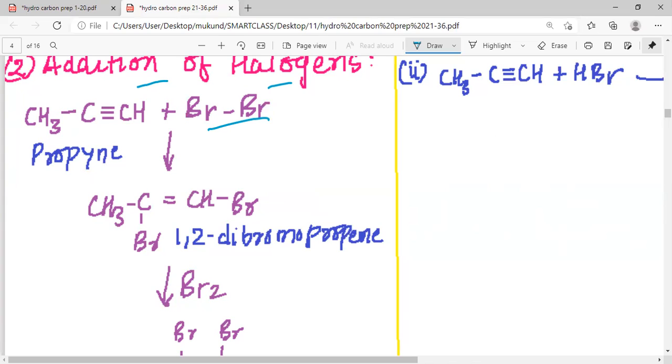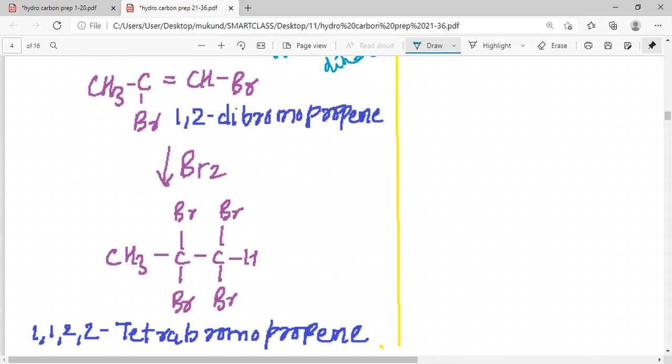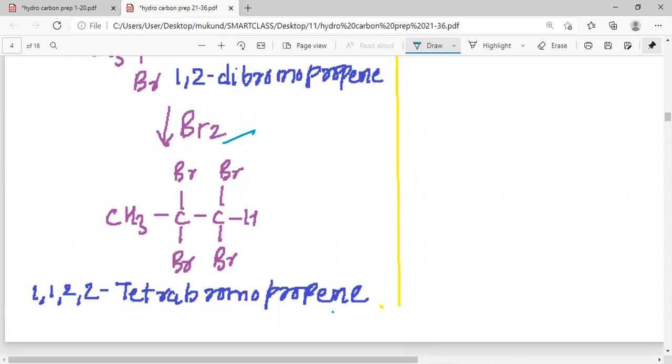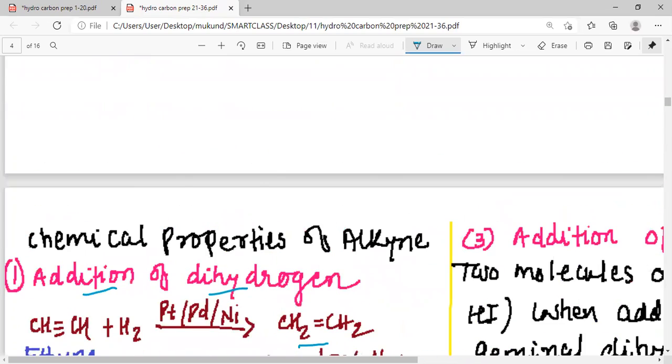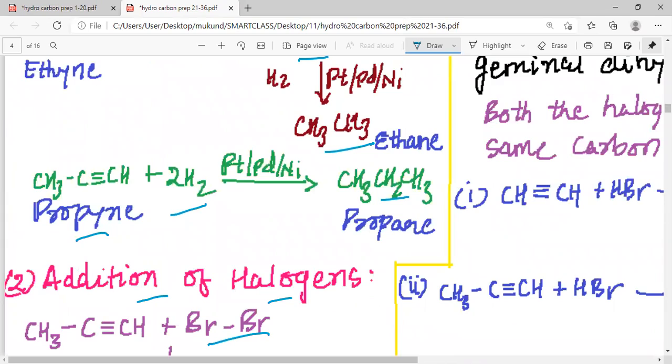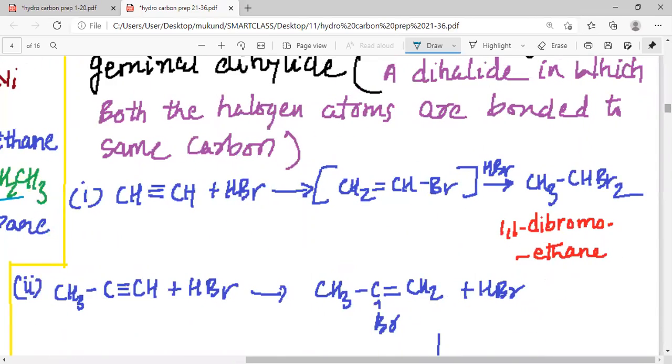1,2-dibromopropene. This 1,2-dibromopropene is again a vicinal dihalide that we get. And then again on adding another bromine to the 1,2-dibromopropene, we get 1,1,2,2-tetrabromopropane, which is a saturated product. Then, my dear students, we have the third kind of reaction that we want to study,